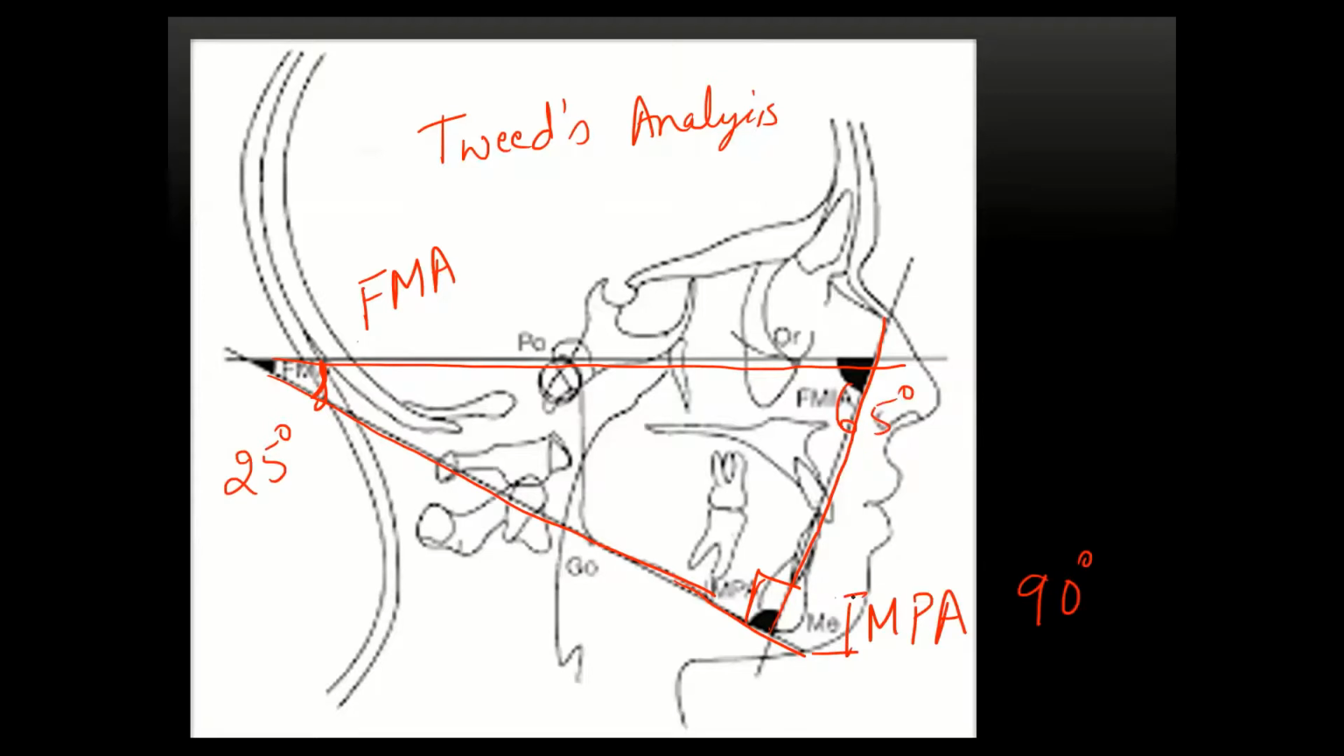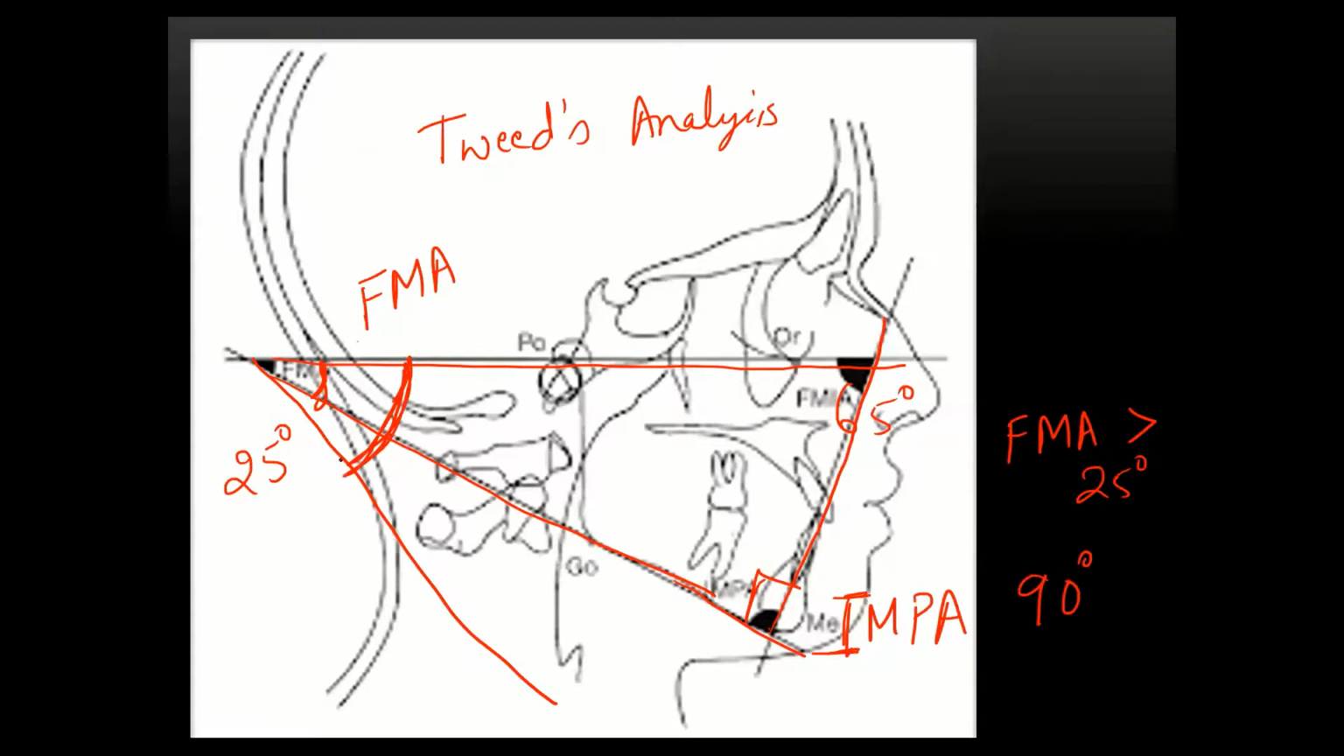So there was a question about a hyperdivergent and a hypodivergent pattern. So what if this angle increases? Angle increases, so what will happen? Will it be hyperdivergent or hypodivergent? Anyone? It's hyperdivergent. So whenever FMA is larger than 25 degrees, it's a hyperdivergent growth pattern. And whenever,